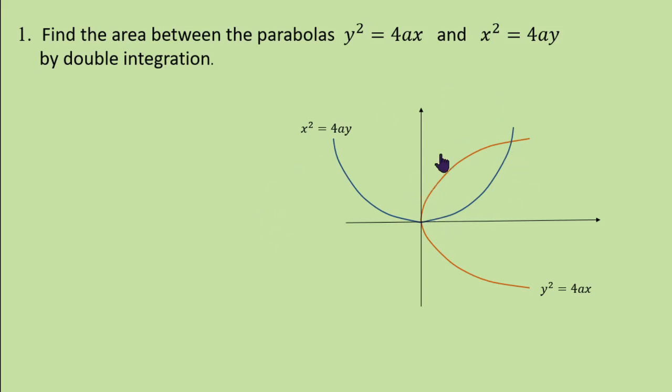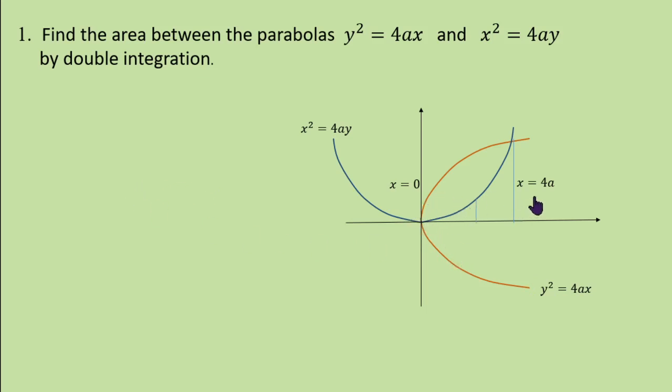Now, to find the area, here x varies from 0 to x equal to 4a. For any x, y varies from the lower limit of y, which is on x square equal to 4ay, therefore y is x square by 4a, and the upper limit of y is on the other parabola, that means y is root 4ax or 2 root ax. Therefore, the required area is